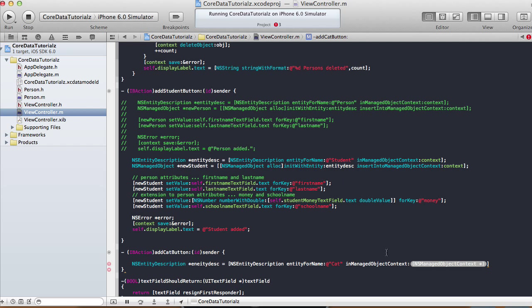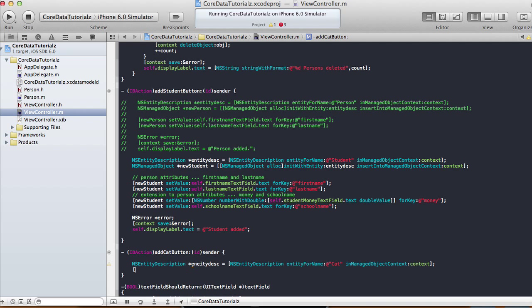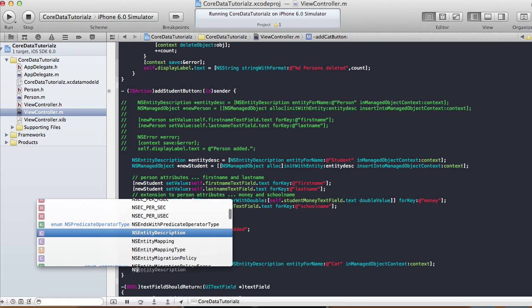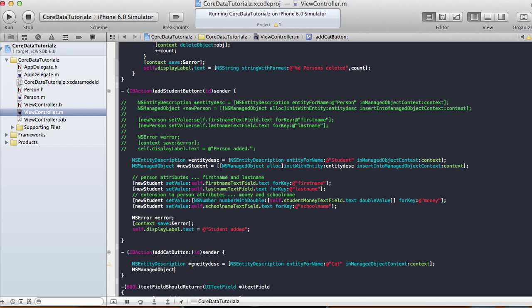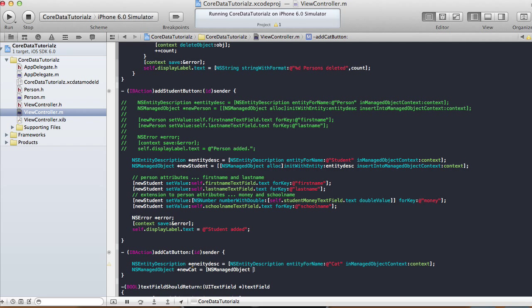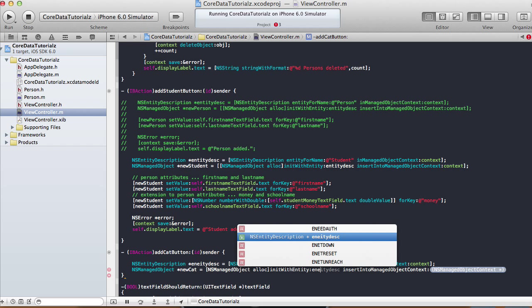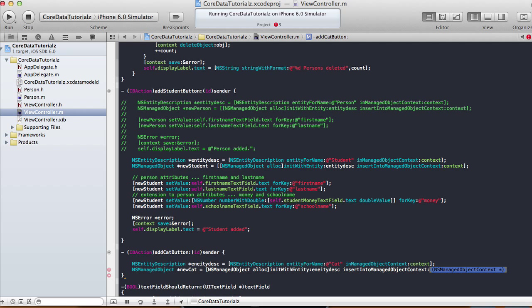Cat, capital C, lowercase a, lowercase t, in managedObjectContext. NSManagedObject newCat equals NSManagedObject alloc initWithEntity, and I spelled that wrong, entity description,